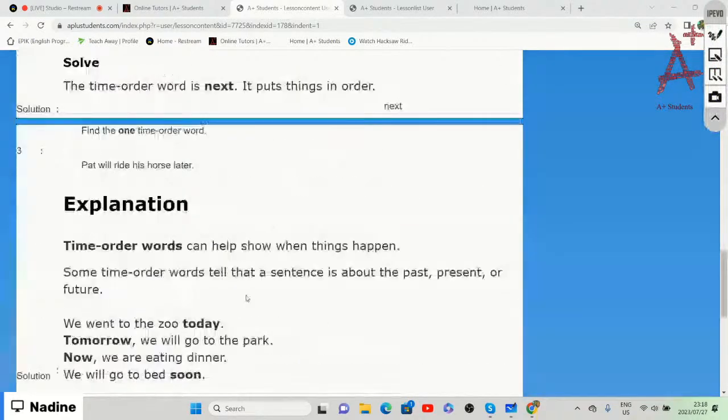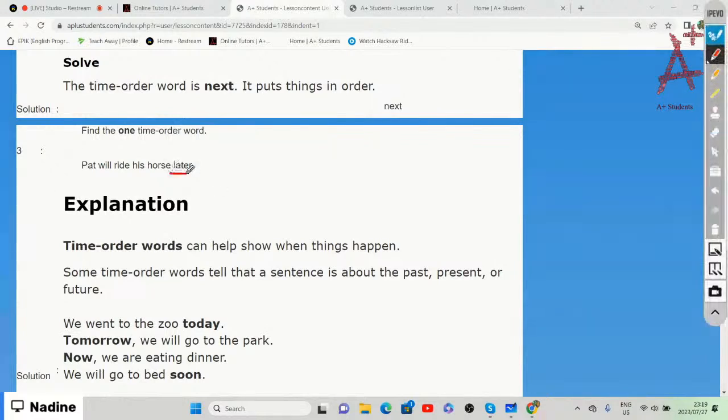All right, Pat will ride his horse later. So Pat will ride his horse later. We need to choose the one time order word within that sentence. So Pat will ride his horse later. So if we choose a one time order word within the sentence, then we can say later,